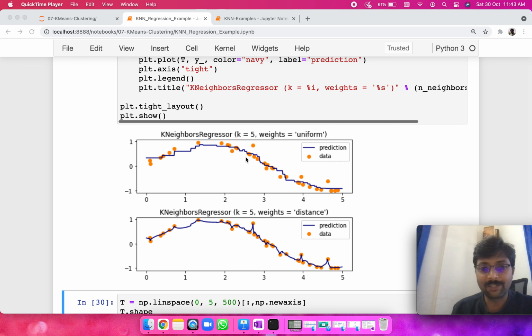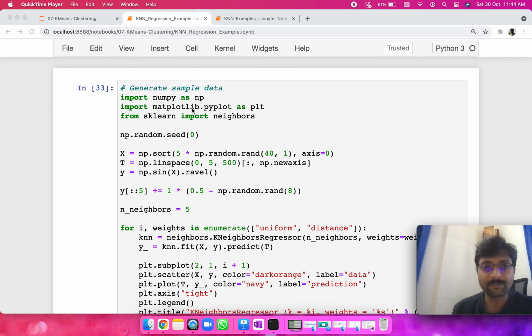This is a very classic regressor example. We'll see how we can fit such data using k-nearest neighbor and how we can do the predictions. So let's keep moving. All we are doing here is importing the required libraries from sklearn. The neighbors module has implemented k-nearest neighbors and various other neighbors-based machine learning algorithms. Here we are also importing matplotlib for plotting the graph and numpy for array manipulation.